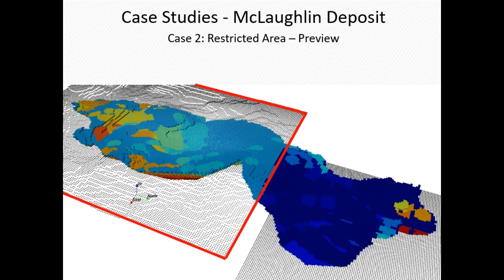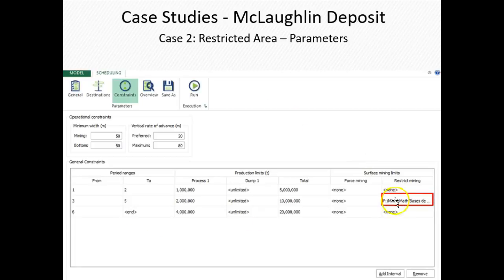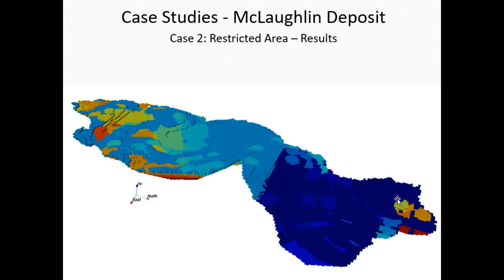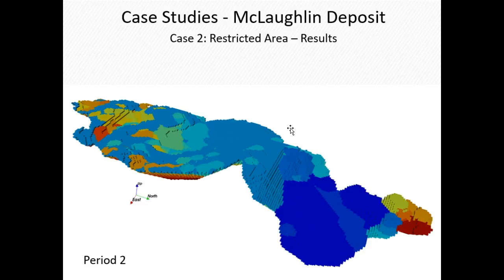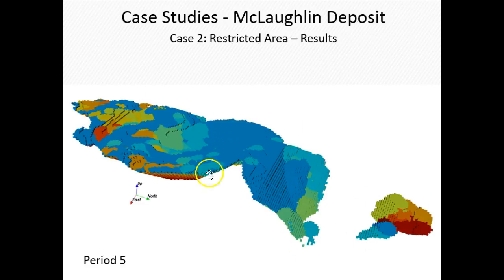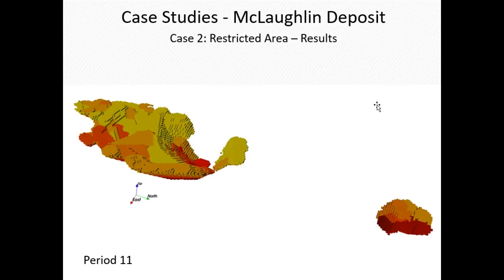In this example, we are placing a surface over here that is blocking a certain area, restricting mining in this area and allowing mining in this area for 5 years in this example. So this means we are on the interface importing a grid of points like I have shown here. And once we are restricting mining up to period 5, nothing will happen in that area until period 5. Notice everything is as on the topography up to period 5, and then it's free to mine that region.